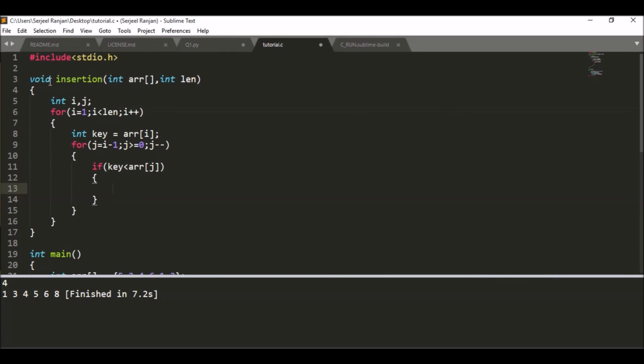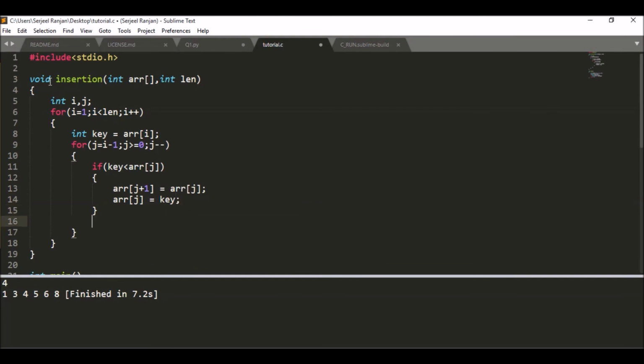Now swap in between which elements? I should swap the value of arr of j plus 1 and arr of j, the very next element. So that is written as arr of j plus 1 will become arr of j, and our current arr of jth element will become our key. This much is enough and it will work.